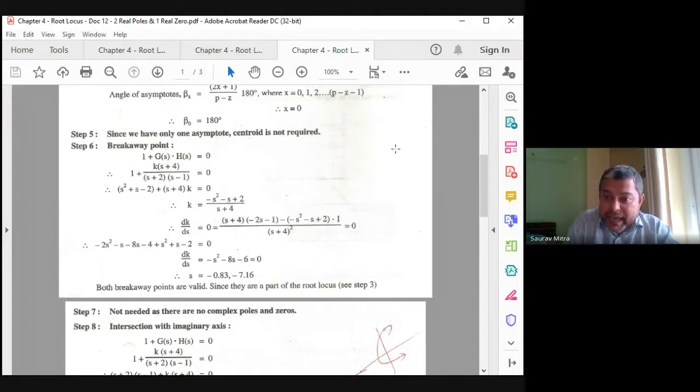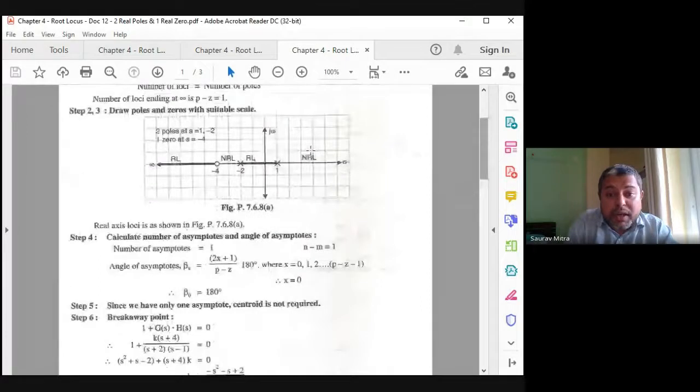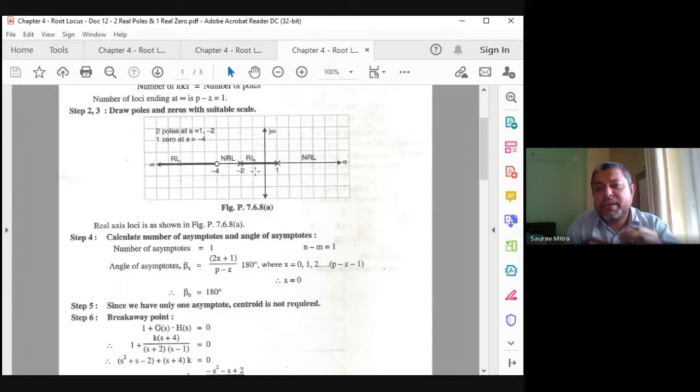And what people have observed, they have made into this property, that is, how to draw these things. So this property is made by those people after observation. That means they have found out that if 2 poles are there side by side, if they are colliding, then they will be breaking in the y direction if k is increased. And if there is a zero here, that means one of these two poles has to come and enter here, and another pole will go to infinity. So whatever they have observed after calculation, from there they have found out all these properties.